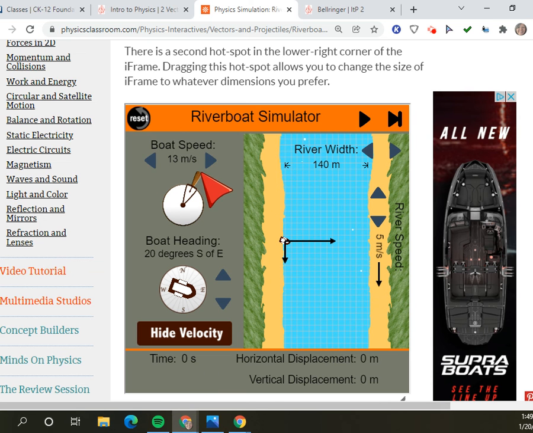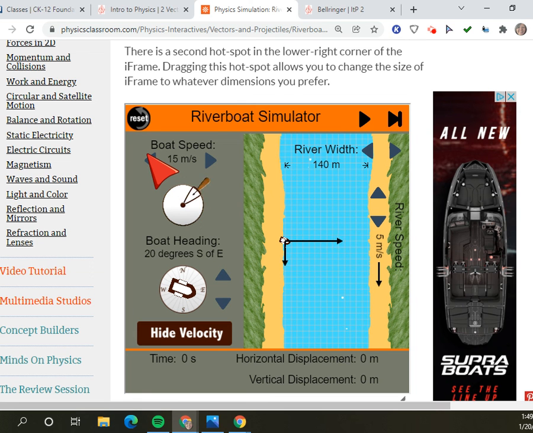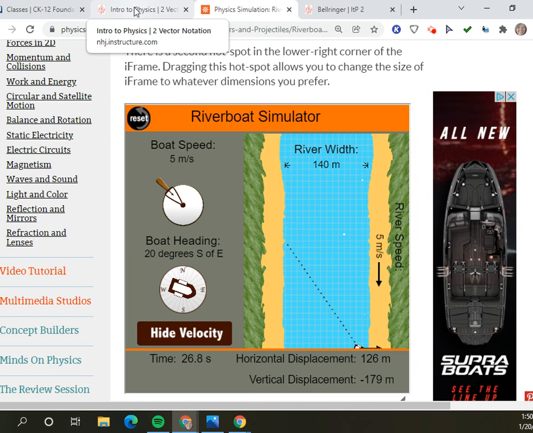What if I change my boat speed? What if I go really fast? And then just hit play. My boat speed shortened the amount of time, but I got to the same place on the river. All right, what if I make my boat go really slow? Let's see what happens. Kind of got to a different place on the river, and it took me twice as long. So boat speed is going to change